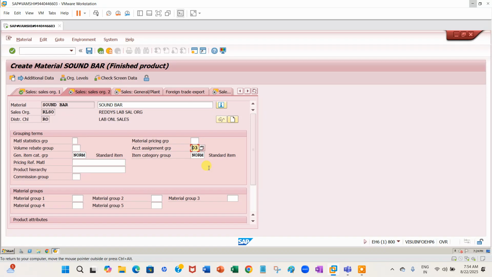Sorry, whether it is finished or semi-finished. So I am explaining the general terminology, whether it is finished or not finished. When coming to real time, we have some specification of finished, not finished or semi-finished, because a product is not only what I explained, like the sound bar or LCD TV or refrigerator. For your understanding purpose I am explaining that in real time we have so many products,